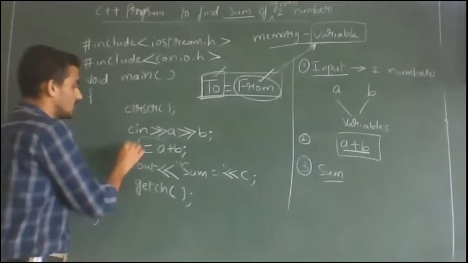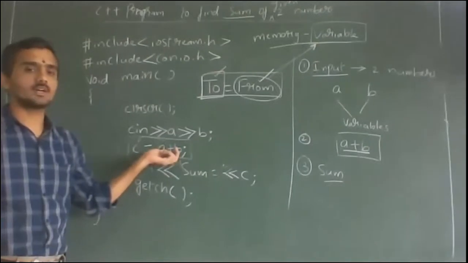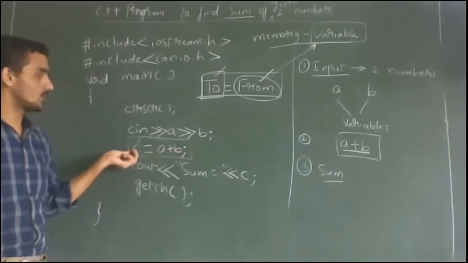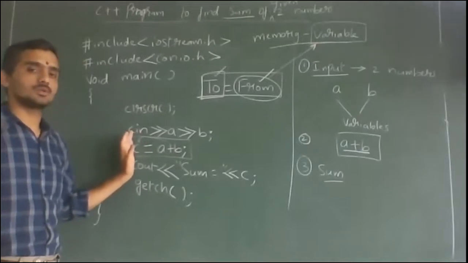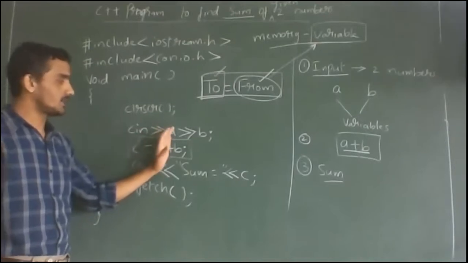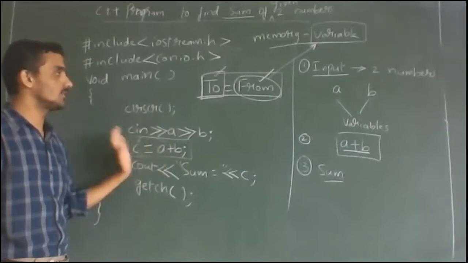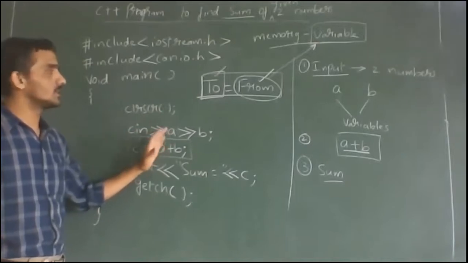So this statement is very, very important. What I said. From which value you are copying, write it on the right hand side. To which variable you are copying, write it on the left hand side. It is not that it is to prove LHS equal to RHS. It is not in that way. It is from right hand side value. It is copied to the left hand side variable. And in the left hand side, always you have to write the variable. Whereas in the right hand side, it may depend.